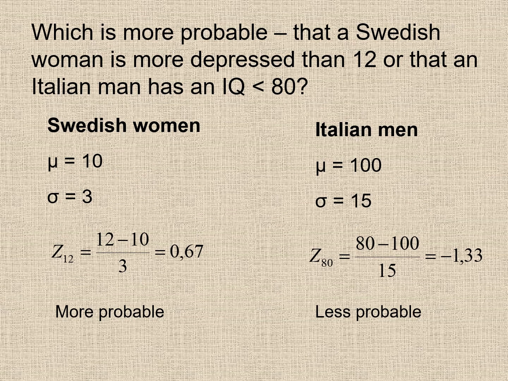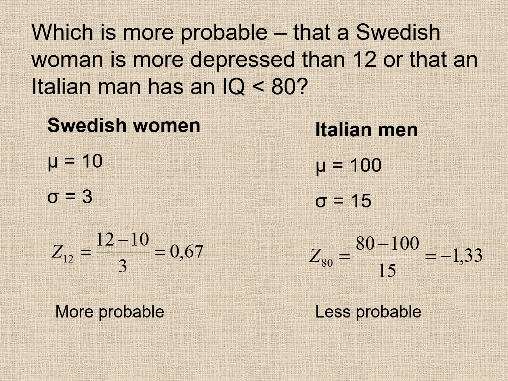As an example, imagine that we have a population mean on the variable depression among Swedish women of 10, and a population standard deviation of 3. While among Italian men on the variable IQ, we have a population mean of 100 and a population standard deviation of 15. And now we ask ourselves which probability is higher or lower: